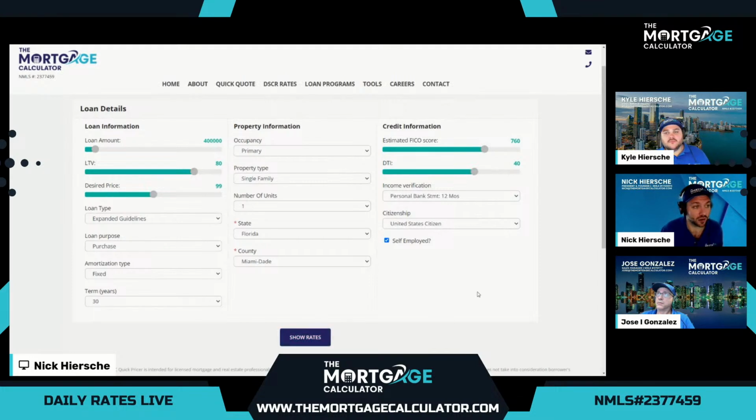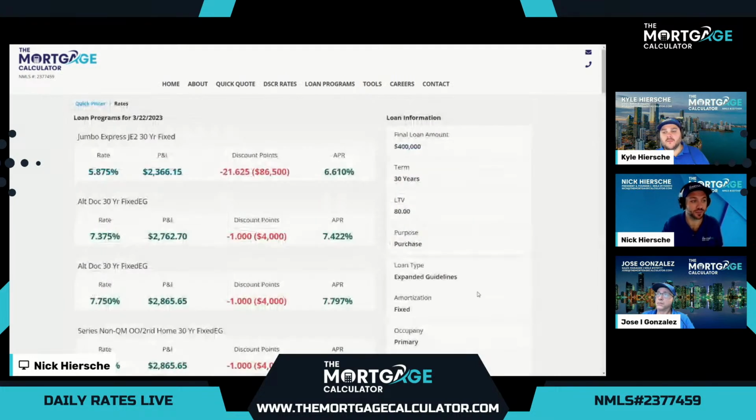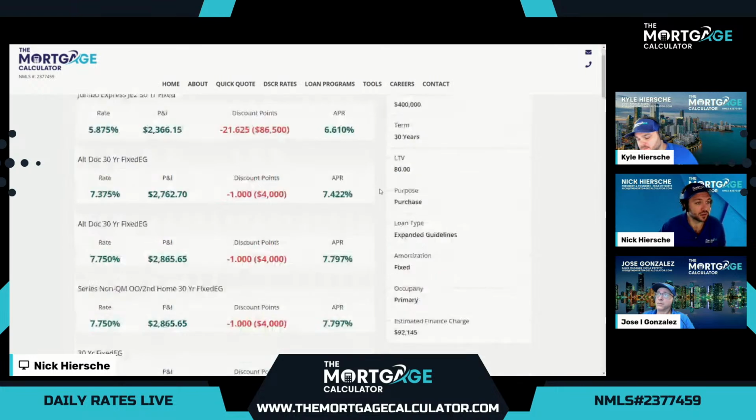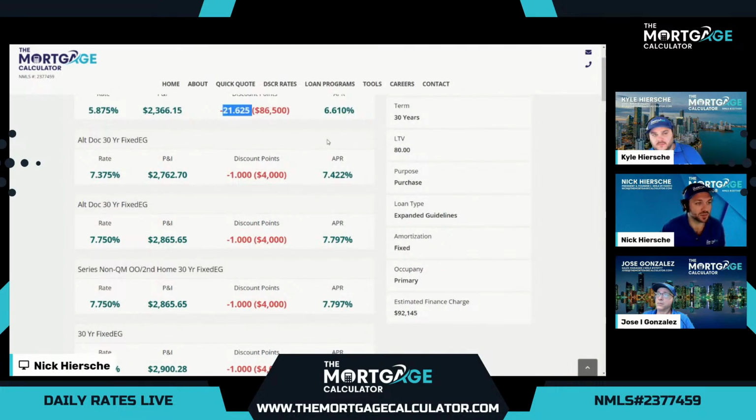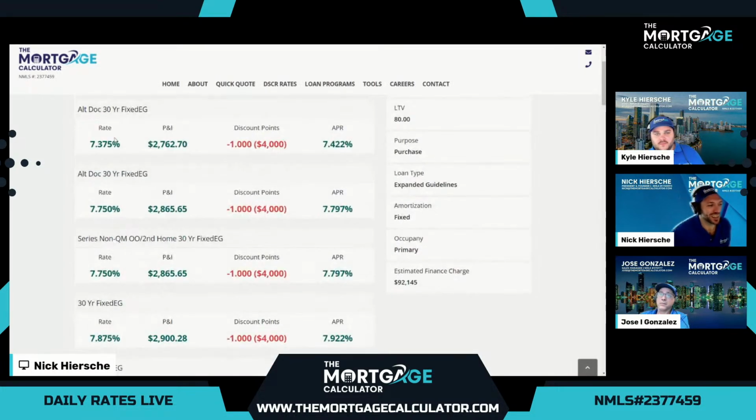So let's check out our non-QM rates this morning. That one's obviously screwed up. That's not going to work. For some reason the computer had a mistake there. But this option will be the best real option,